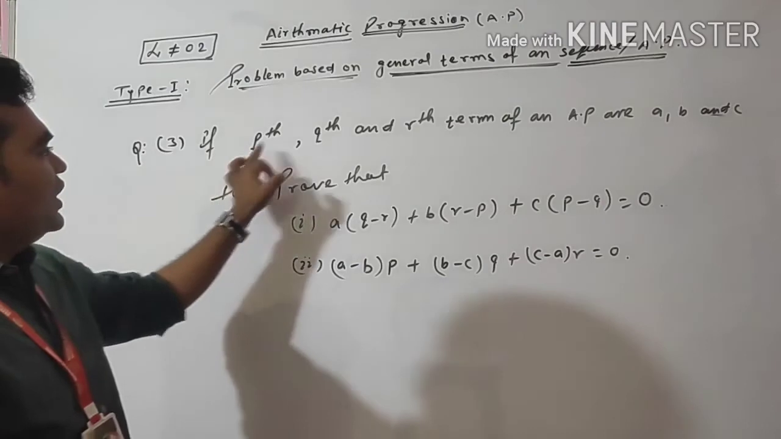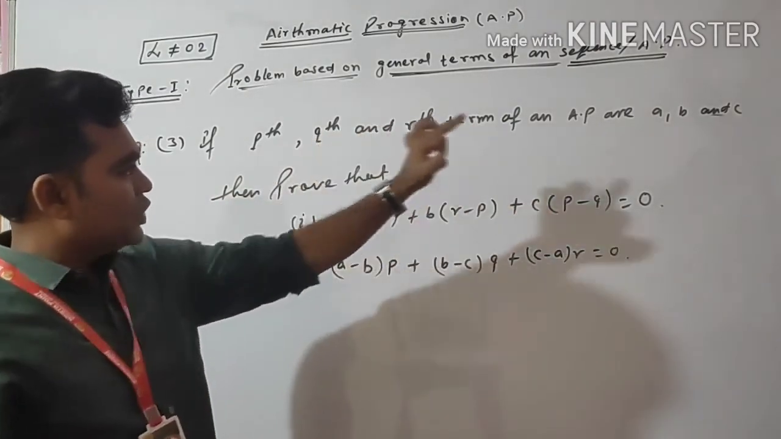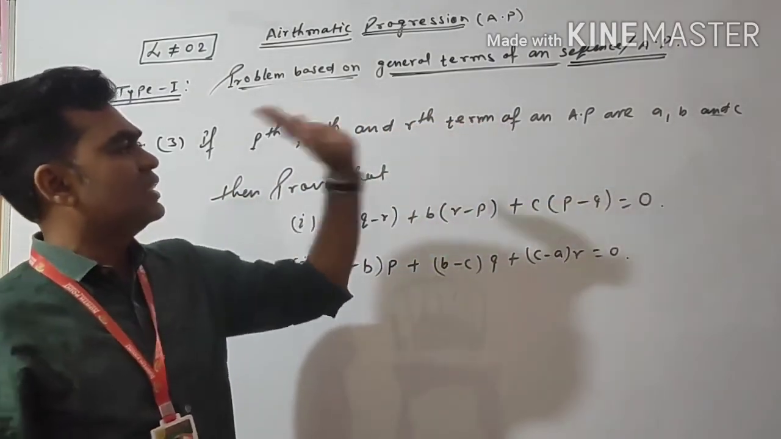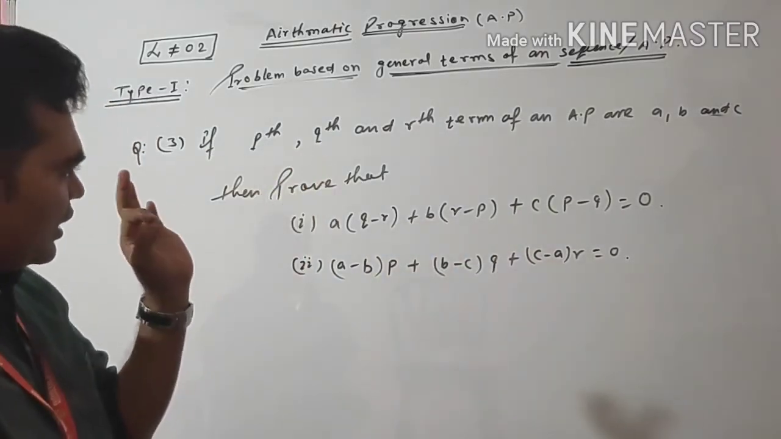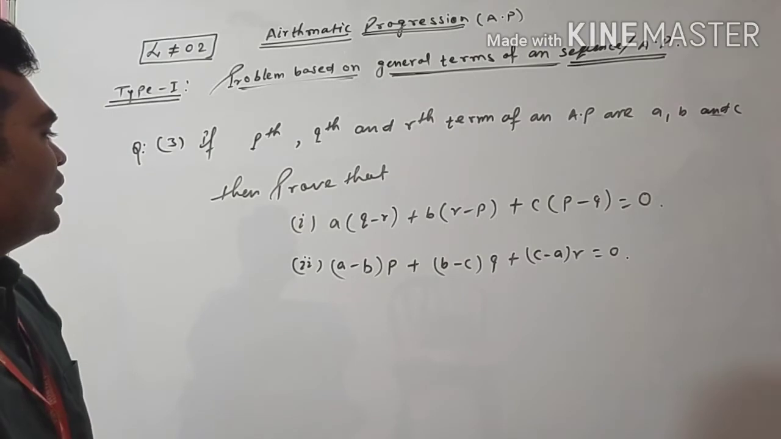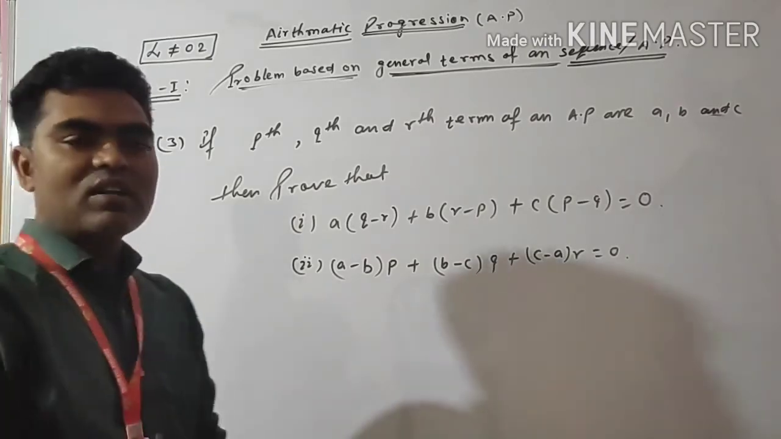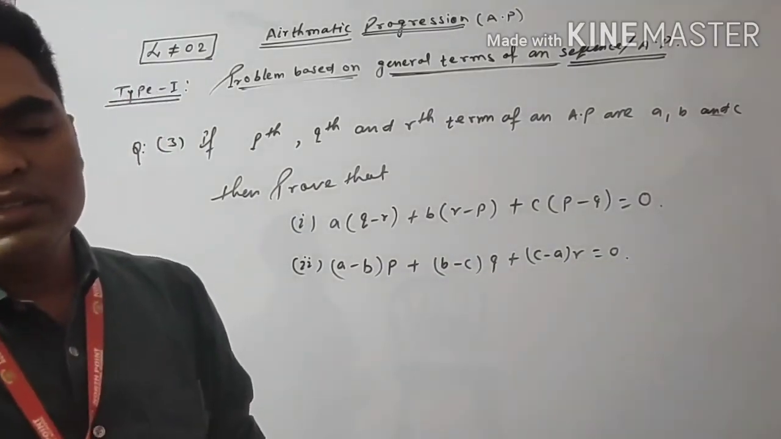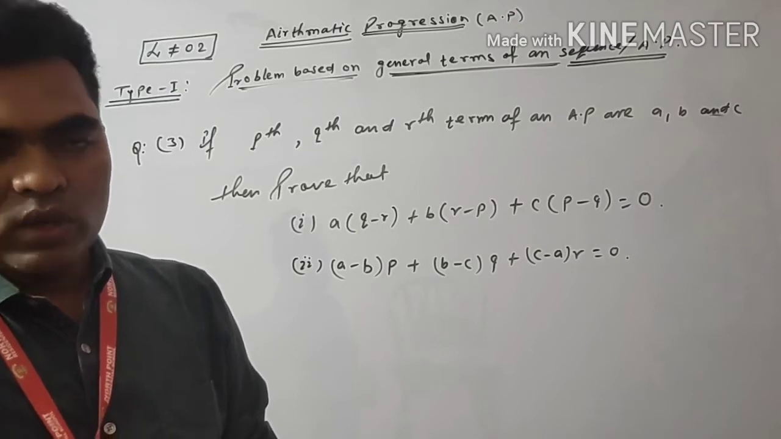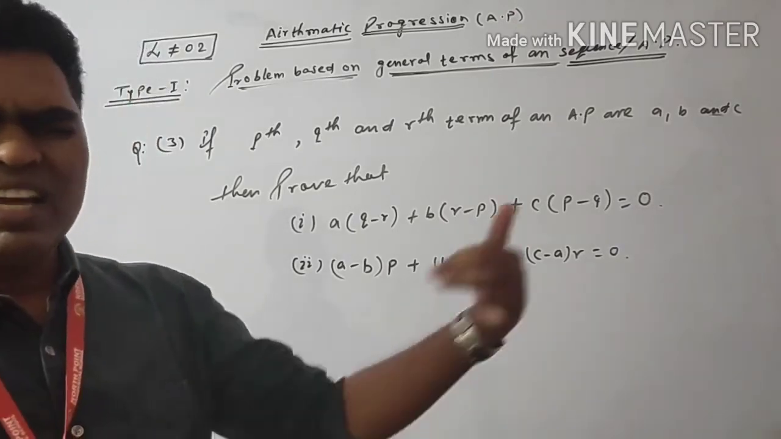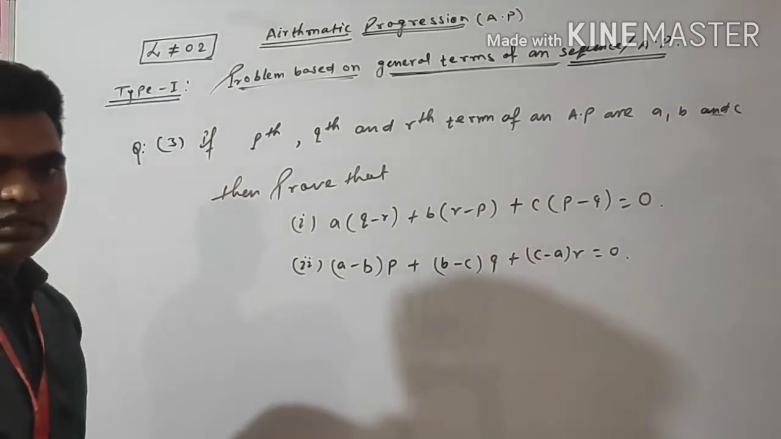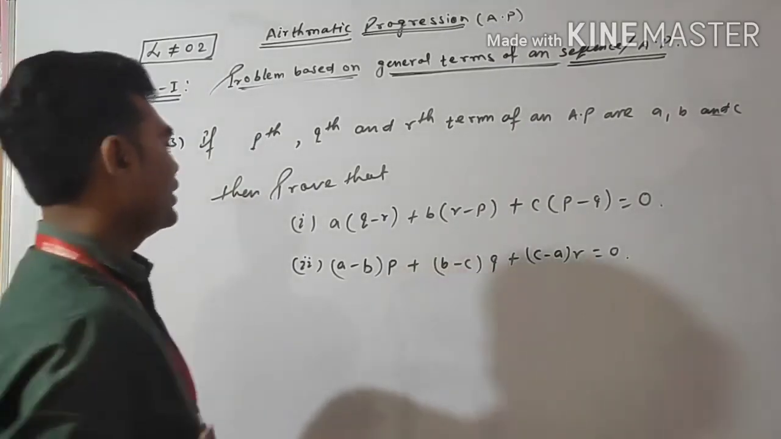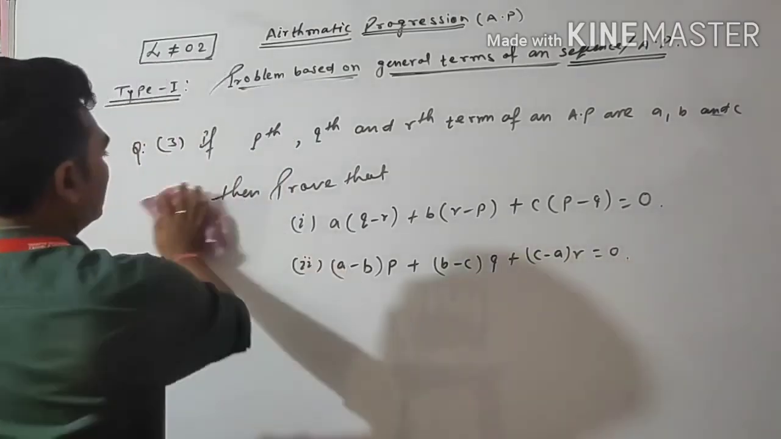Here the pth term is a, the qth term is b, and the rth term is c. Already here a is given. That means we suppose the first term is capital A, capital B and others, except small a. Clear? Okay, then the solution is